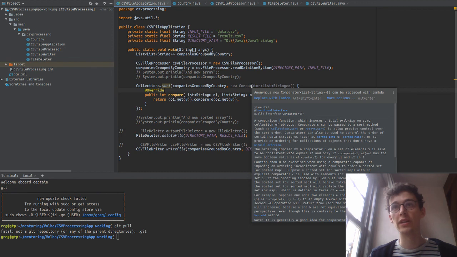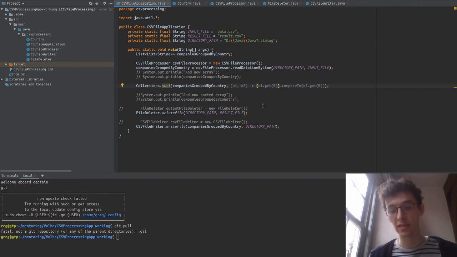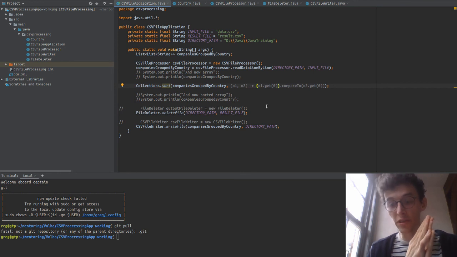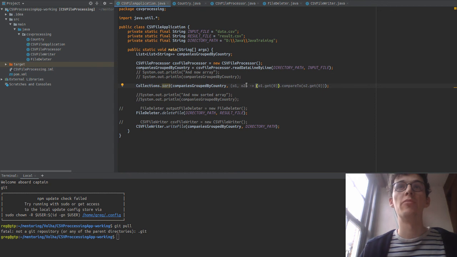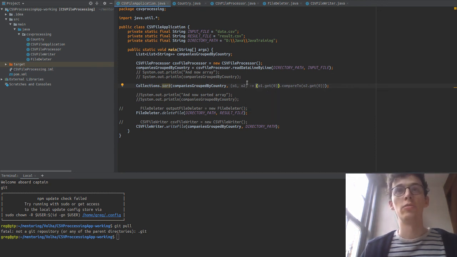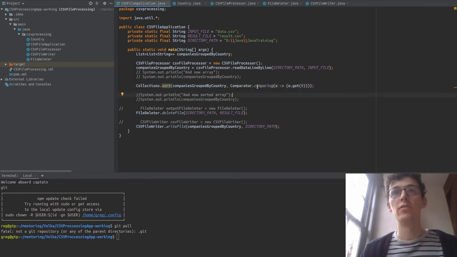When we see this gray, it can be replaced by lambda. Now what this means is that the anonymous inner class here is exactly the same as a lambda. They have exactly the same functional effect. So when I run that, it's exactly the same. There's no change in how it's run; the only change is how we see the source code. And then we see the same thing here. We see it can be replaced with Comparator.comparing. So then we can do that again, alt replace, and then you can actually just read this,